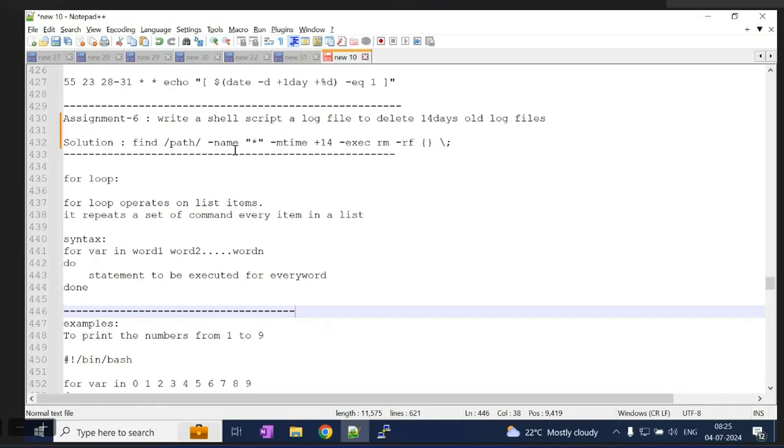So I want to delete only those log files. I don't want to touch any other log files. But if you give star, all the files will be considered. In that path only the log files will be there, correct? But I want to delete only the particular old log files. I don't want to touch any other file.